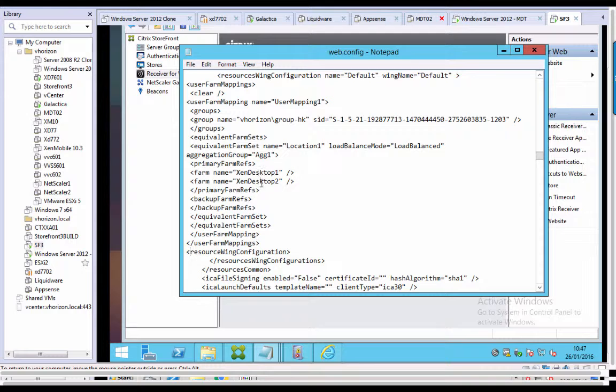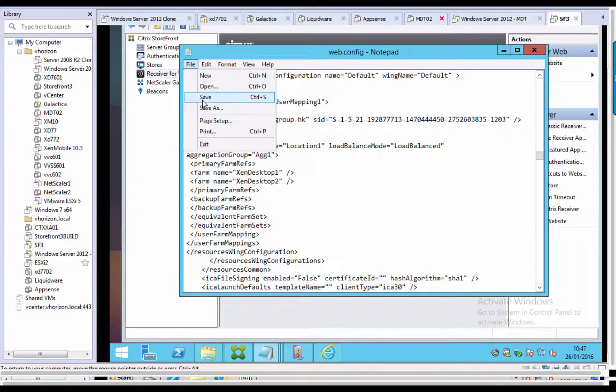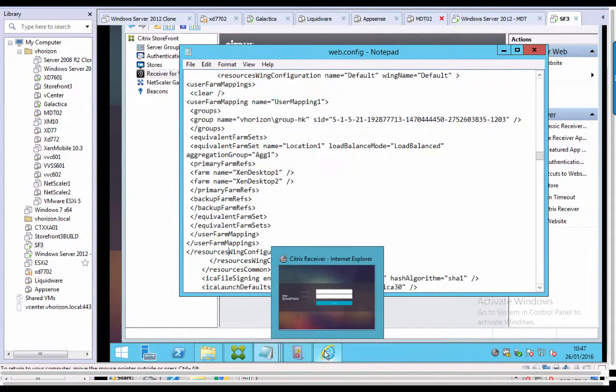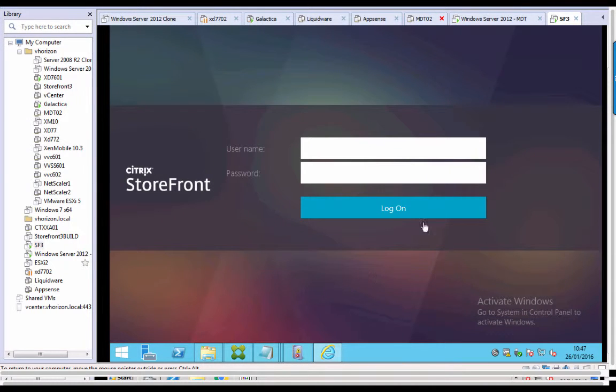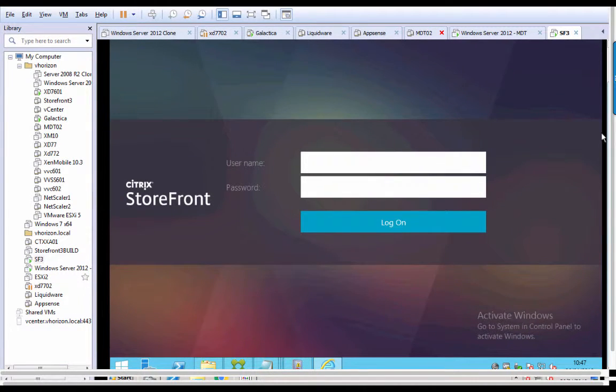Okay, just as we were about to save, I've just realised that I've made a bit of a typo already, so I'm just going to correct that. So we put a closing statement in there and put the S on there. So it's file and save that web configuration. Okay, so now that we've saved the configuration, if we flip back to our StoreFront web UI,